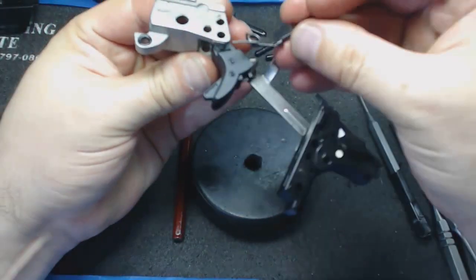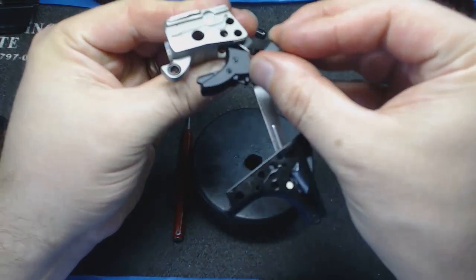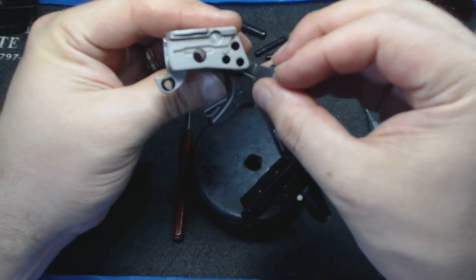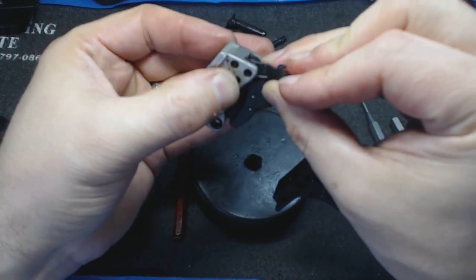So I'm holding that pin with my finger. I'm sliding this guy in at enough of an angle that I can catch it. I'm going to leave it without...